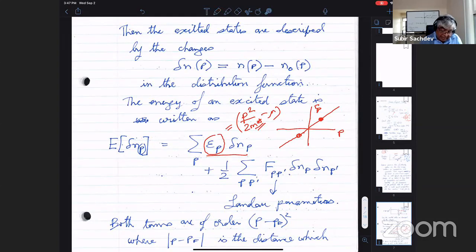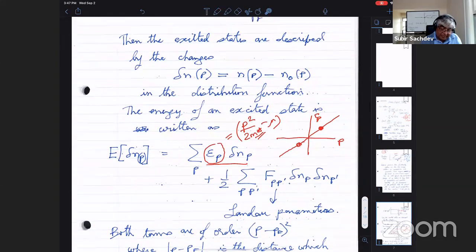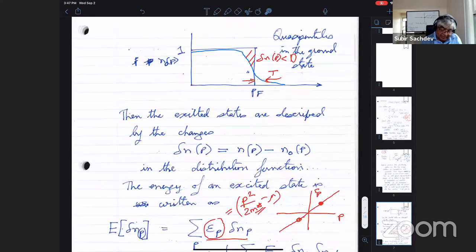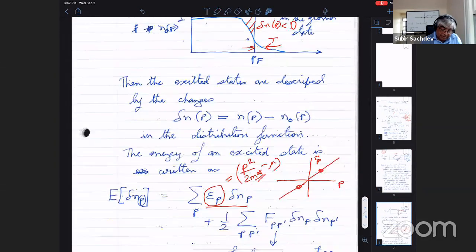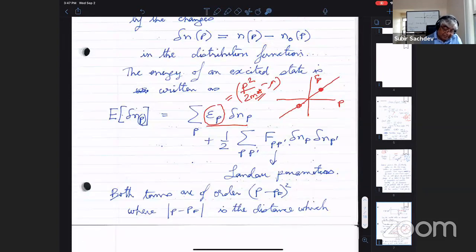And E_p itself, which is the value of the excitation energy, is also of order temperature. So just by naive counting, you would say that this term is not of order temperature, it's of order temperature squared. And in fact, if you just compute the energy of a free electron gas at finite temperature, you'll find that the correction to the energy goes as temperature squared. So that's a problem in StatMech. Maybe you've done it before, or maybe it'll be in the homework.